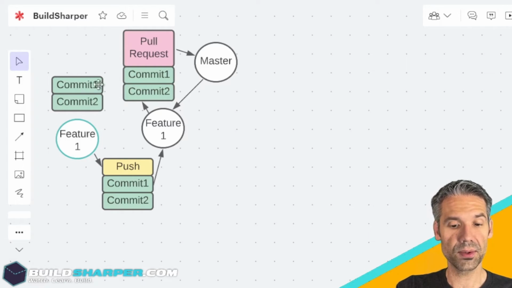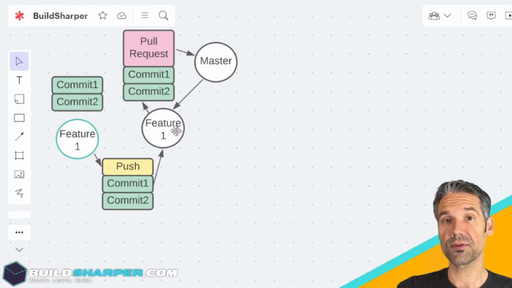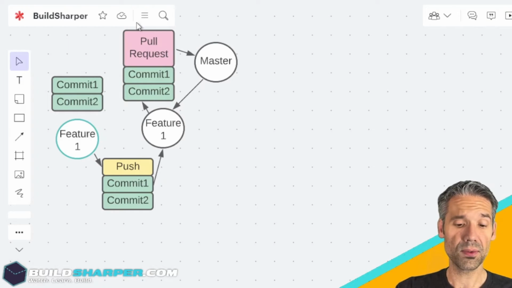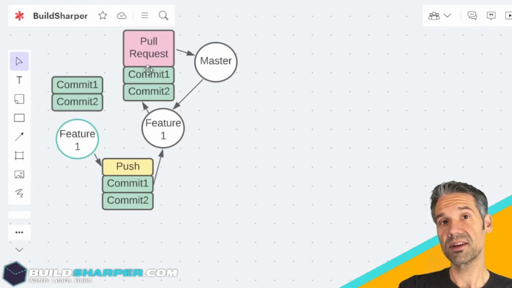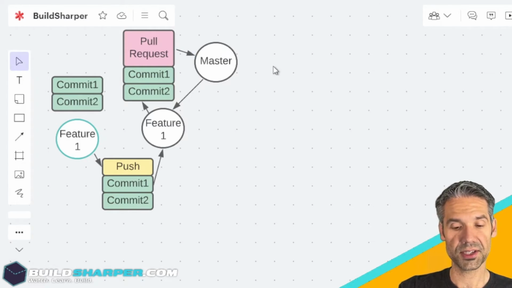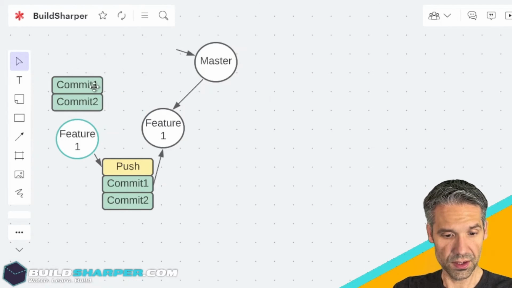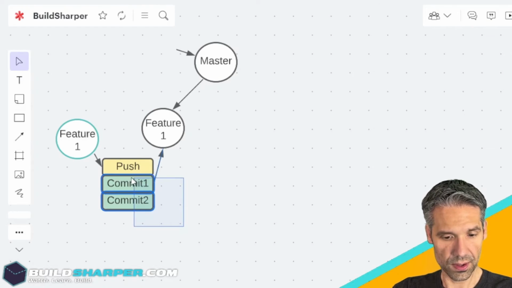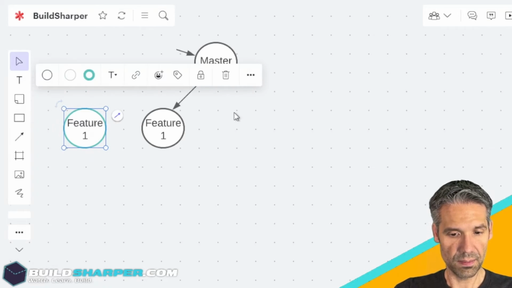Now, to make things a little bit easier to read, I've color-coded things so that you can see everything in blue is our commits. This is the code that we're trying to push between branches. And then the yellow indicates the push, where we're pushing from our local to the remote or server repo. And then the purple indicates the pull request, where we're requesting, can we merge this set of commits into the master branch? Okay? So, I'm going to remove these for now so that we're back to only our branches. Okay? So, I've got my feature 1 branch